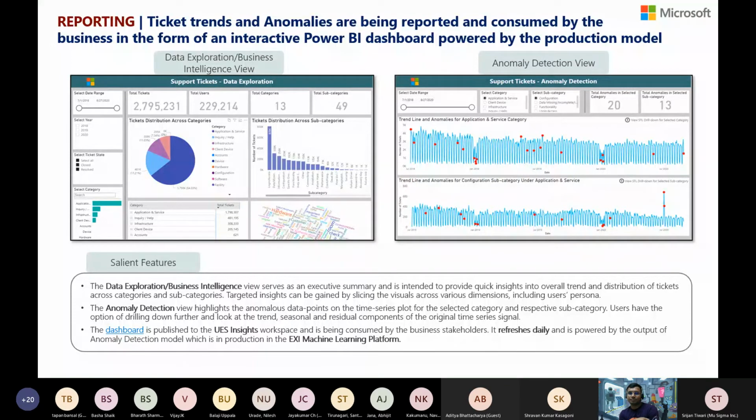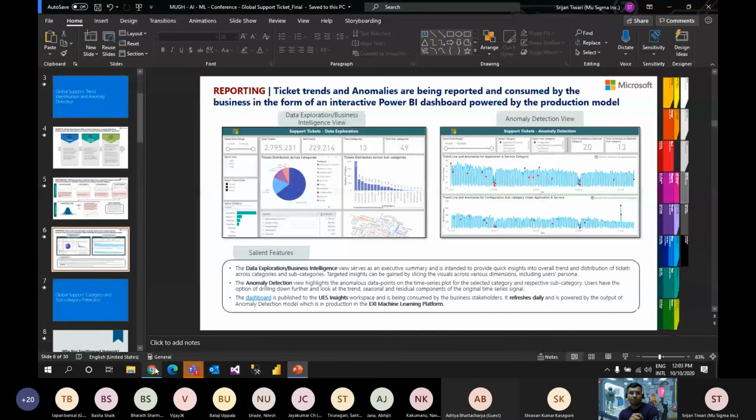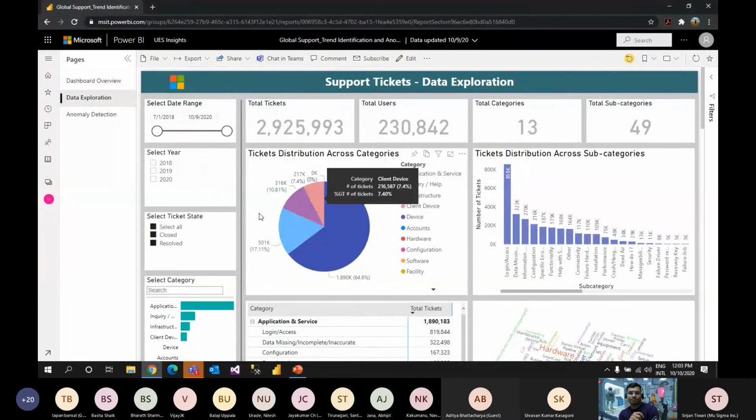Now the entire model has been productionized in the ML platform, which I gave a walkthrough of in the first session itself. And the model in production is already powering the dashboard, and it's already being consumed by the business stakeholders to drive insights. Now, to give a quick walkthrough of the dashboard. So here is the dashboard which we have created. And as you can see, this is the business intelligence view, where we have basic KPIs